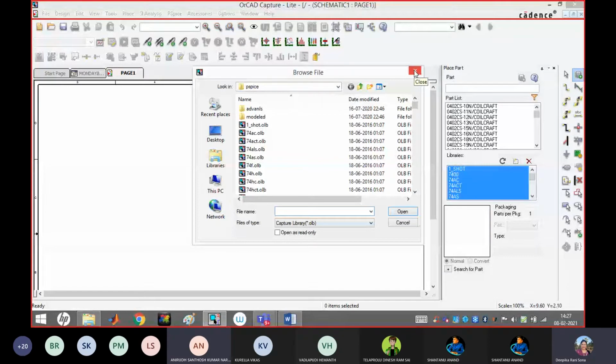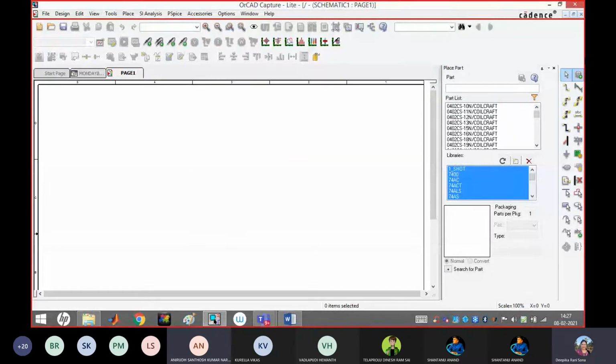Ma'am, can you show one more time how to add a library? Yes, here. Just place part, this option. One folder-like or book or IC-like structure will be there. Just see in the right hand side corner. After that, this window will appear, the place part window.